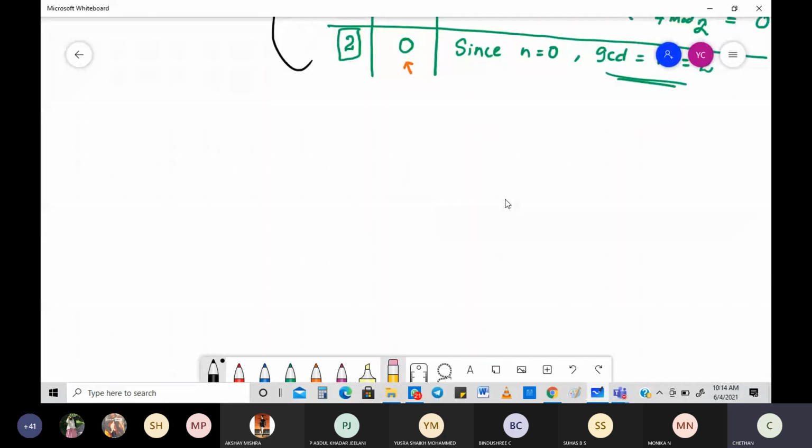Next step is figuring out my algorithm. I'm going to write an algorithm right here. So what is it? The algorithm for the decrease and conquer technique, that is, variable size decrease. I'm going to write an algorithm for the GCD of two numbers. What two numbers? M and N. Generally we always take M and N.